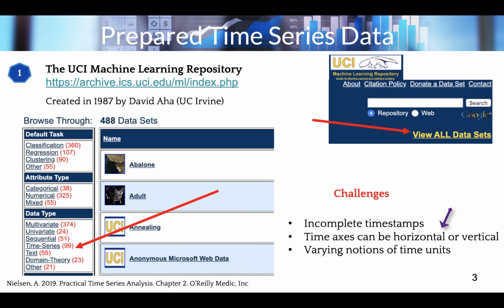Time axis can be horizontal or vertical. As an example, you can look at the American Sign Language dataset, where there is no timestamp column, and the actual time is represented as a sequence of steps forward. Another challenge is varying notion of time units, whether it's by day, by month, or timestamps including minutes, seconds, or